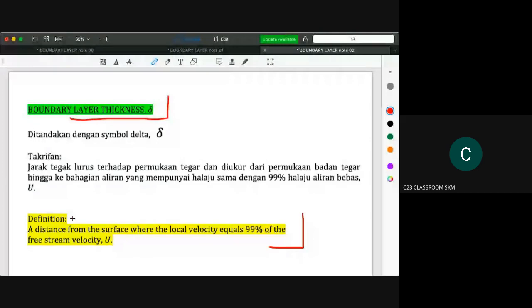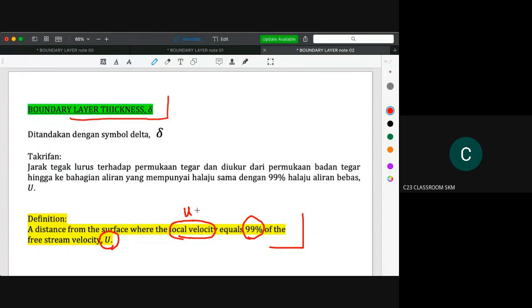The definition of boundary layer thickness is a distance from the surface where the local velocity, which can be written as small u, equals 99%. So you must remember 99%. This is fixed, of the free stream velocity, which is the uniform flow, which can be written as capital U. In your handwriting, because you will answer this in test 1 and also in the final exam